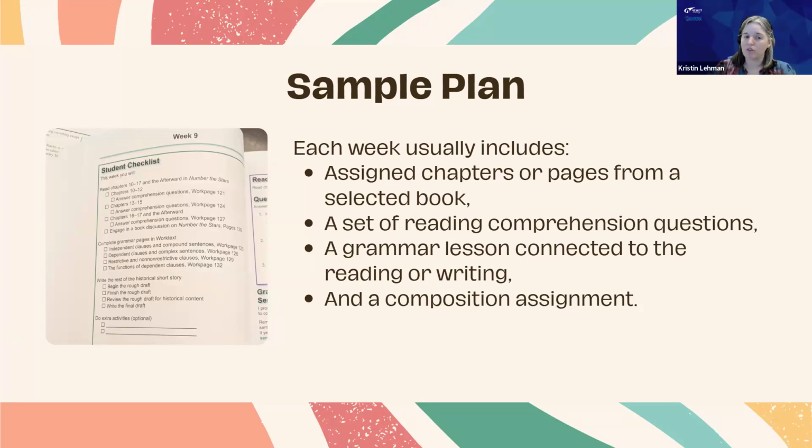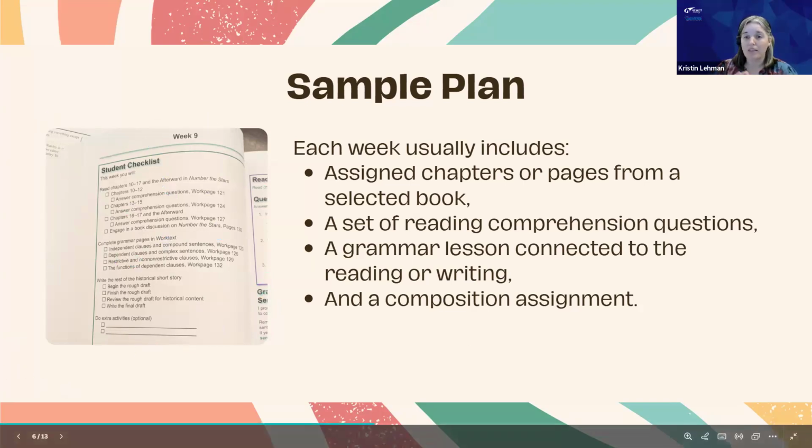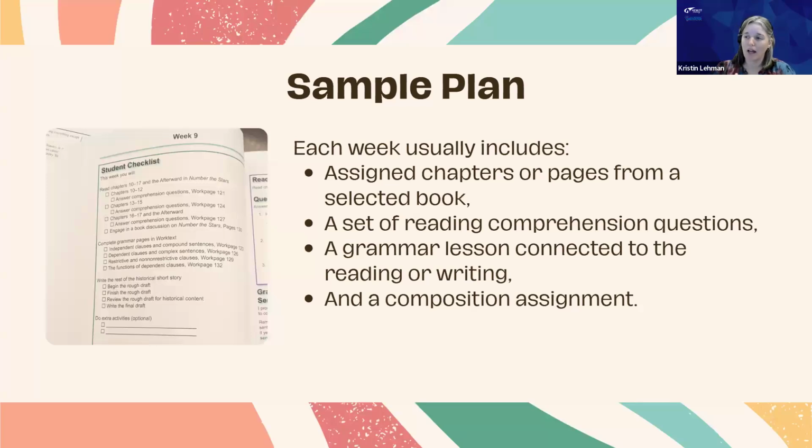Every week typically includes assigned chapters or pages from a selected book. There's a set of reading comprehension questions, a grammar lesson connected to the reading or writing, and a composition assignment. You can notice here, at the upper levels, starting about grade 4, in that student workbook, there will be a student checklist, and it will have what they need to do for that week. Side note, caveat: the composition assignments are in the teacher's guide. And that's where a lot of people, if you're only going through the student workbook, you're going to miss some of those composition assignments, and you're also going to miss some of those discussion